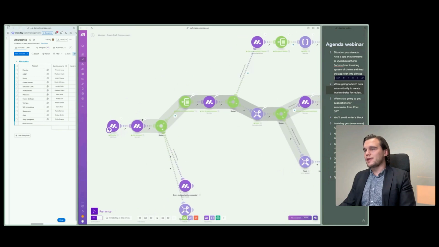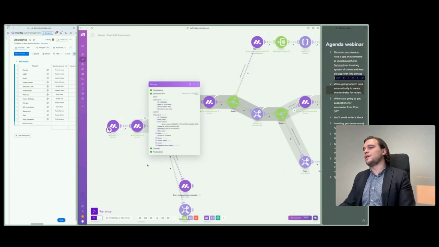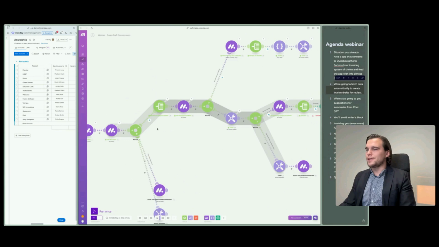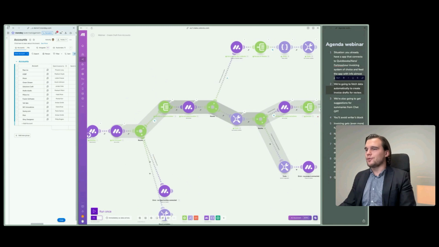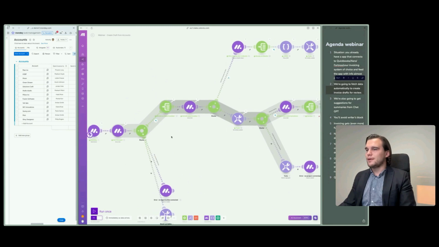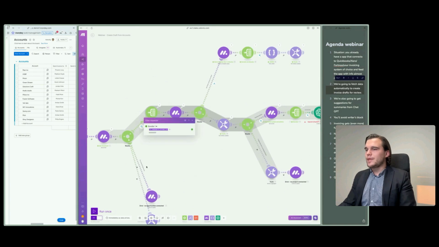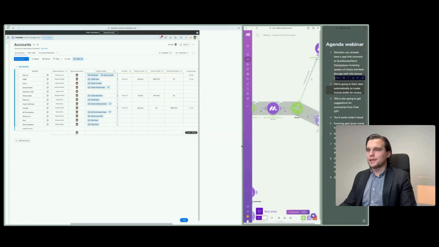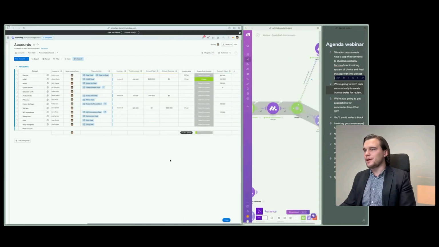Then what happens is that we actually get the whole row of that client in order to find out what opportunities are connected to it. In this case, we can see that there is one opportunity connected, which is